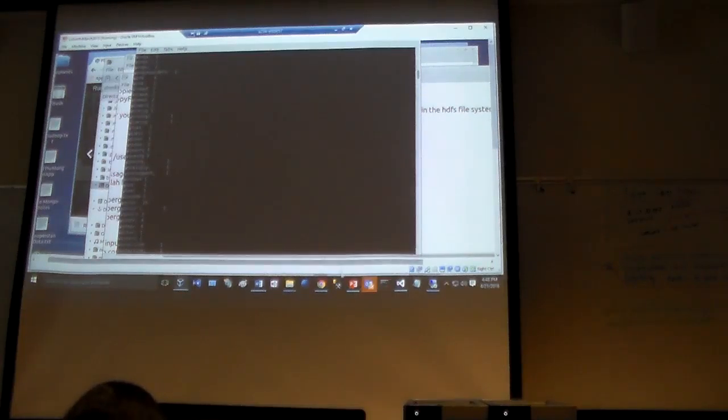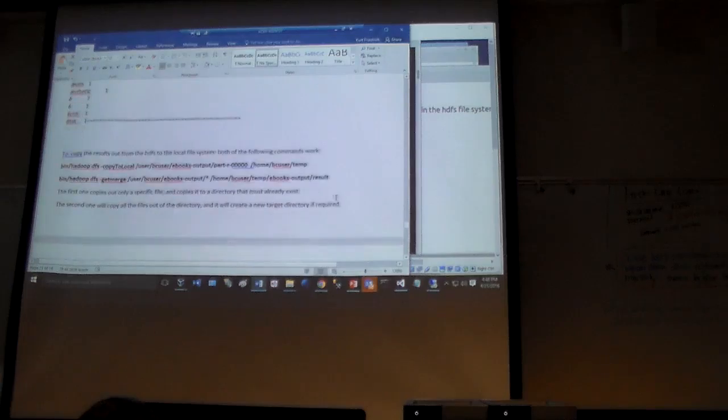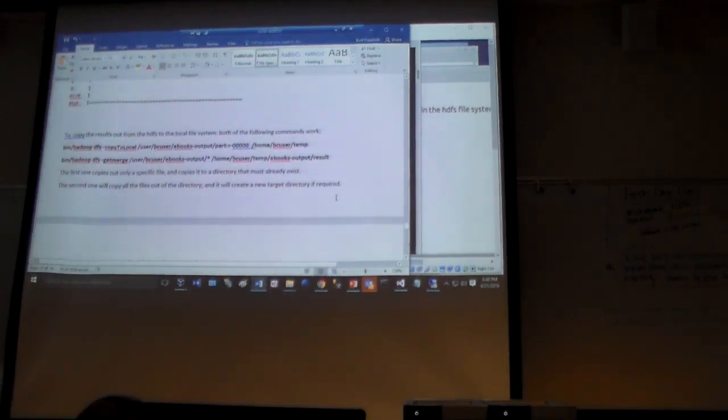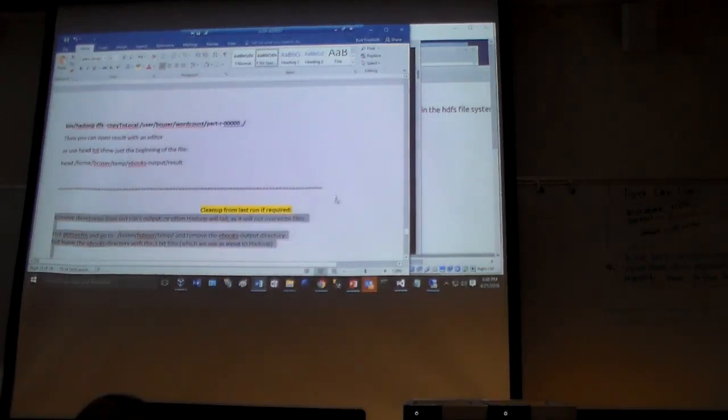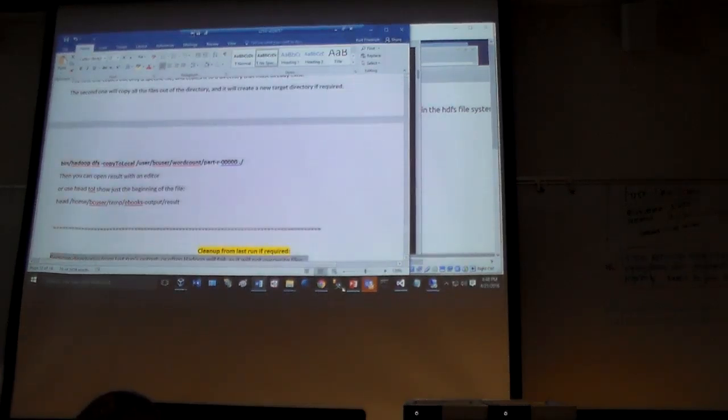Yeah, if you go back to the Word document, it says that instead of doing that, you can copy it out and then you can open it up with anything you want. Does VI exist? Okay, so